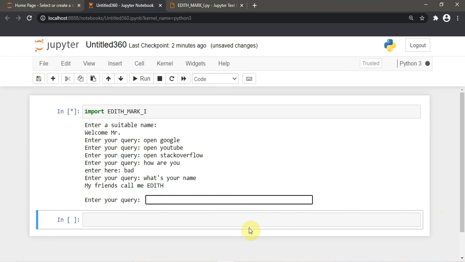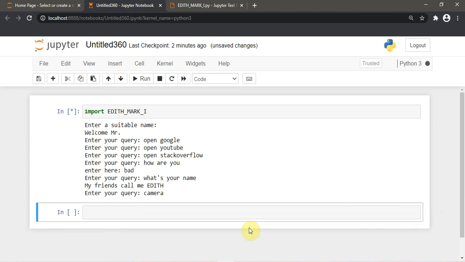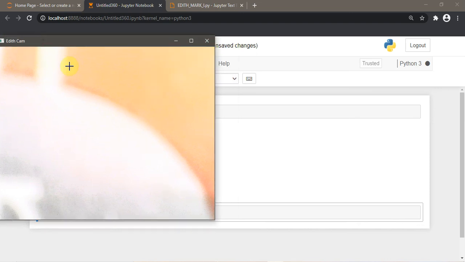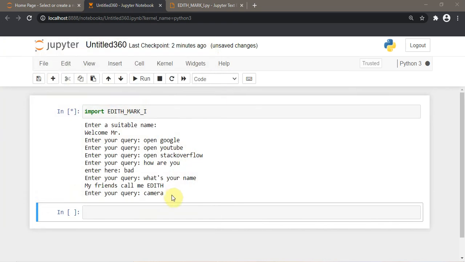You can also take a camera, but I'm not taking the camera right now. Actually I can, but you won't be able to see anything, only a pack of cards probably. Alright, so we got an image. This is an image that the camera took, the Edith cam. There's the camera on.